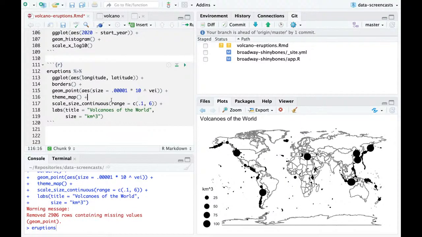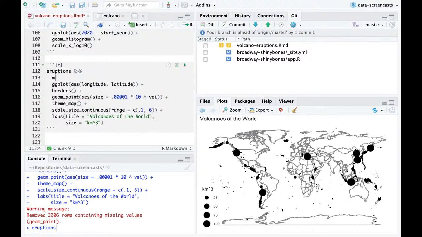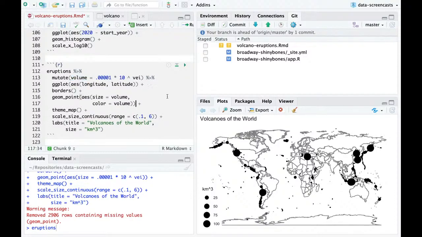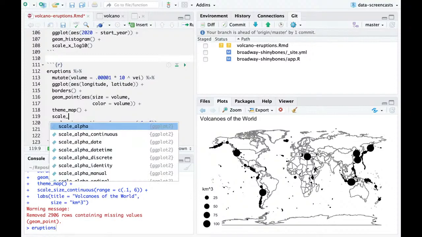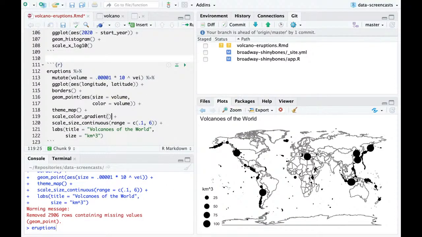Okay, and I'm actually going to mutate to add this to say volume is the volcanic explosivity index, and now I'm going to say volume, size equals volume, color equals volume. I'm going to make both of these match this, and scale color gradient. I have not animated it yet. What I'm going to say is scale color gradient